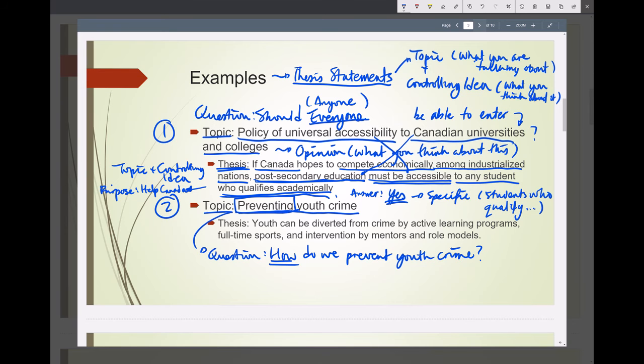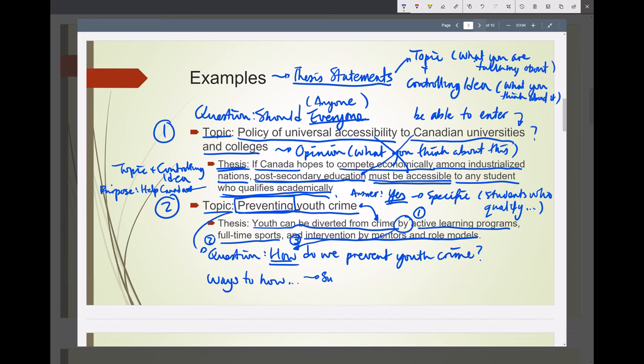So here, youth can be diverted from crime. So there's the topic. You can see that. So getting youth to not commit crime. Then here's the by. So when you see by, that's the answer to a how question. By three things. 1, active learning programs. 2, full-time sports. And 3, intervention by mentors and role models. Now here you have your ways to how to do something, and these are also your